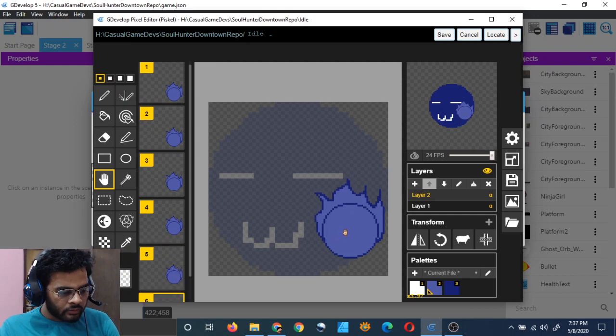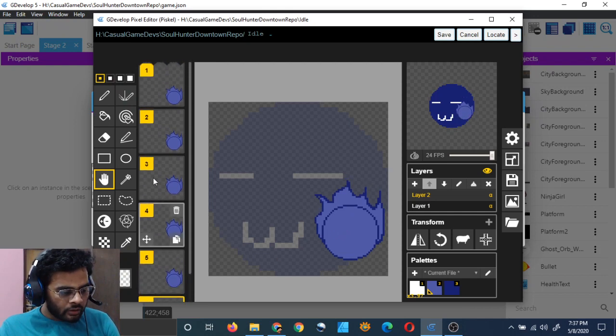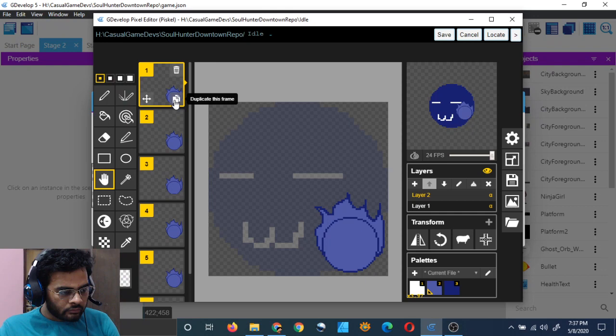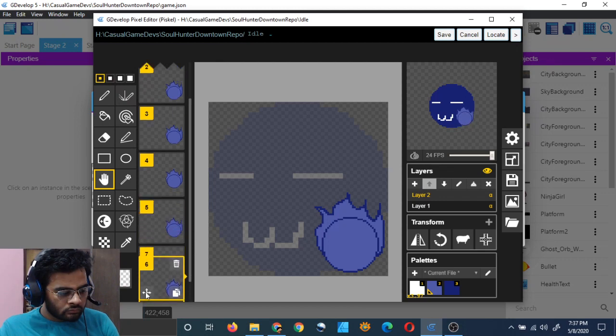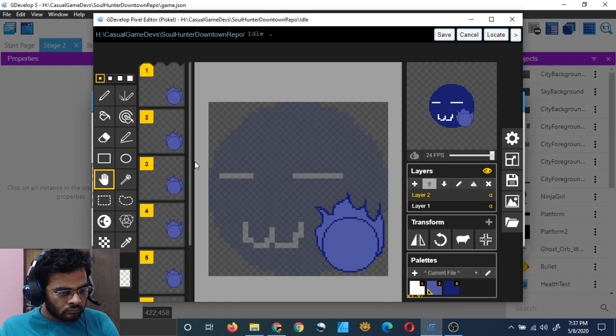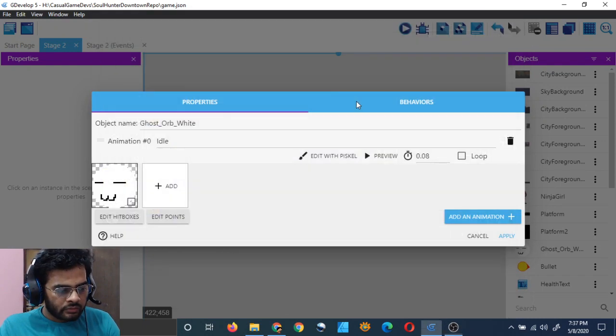Duplicate and move it just a little downward, and then duplicate this one, and then drag it to the end. So it's a kind of a different ghost. That's what it is. Save it.